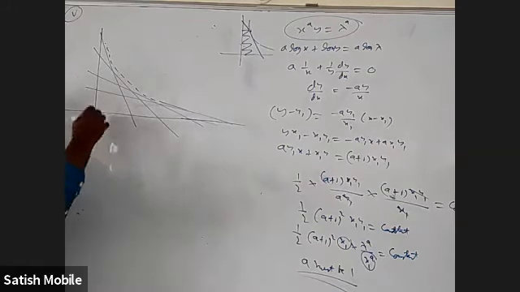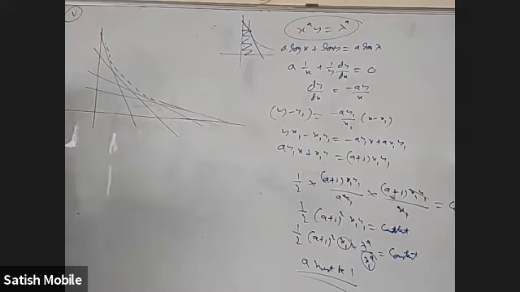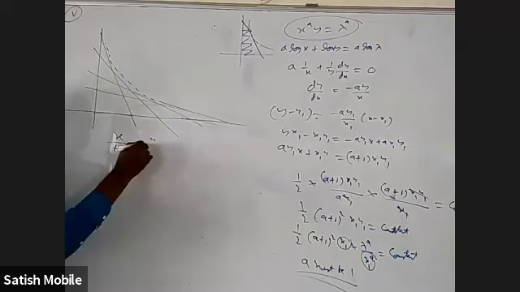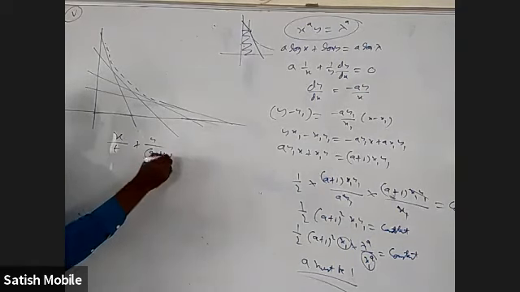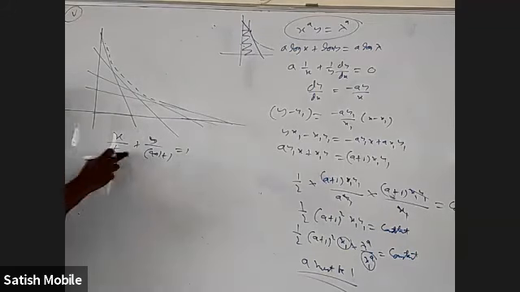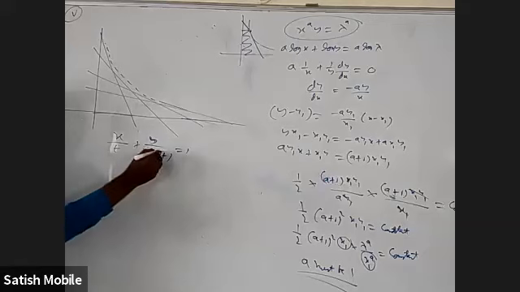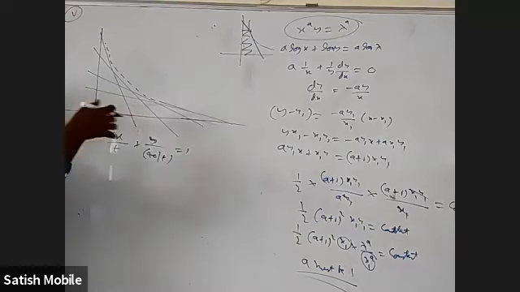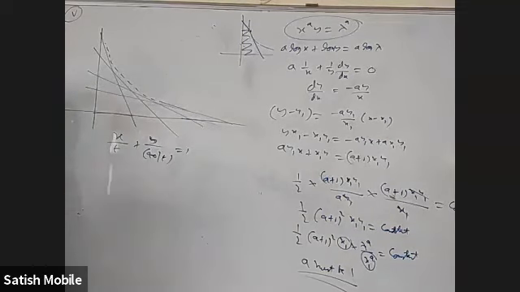How to do it? I want this area to be 20. So the x-intercept and y-intercept product should be 40. So I'm going to take x by t plus y by (40 by t) equal to 1. Whatever t you take, will this line make area 20 units with the coordinate axes? Half into x-intercept into y-intercept is 20 because t will get cancelled. 40 by t I'm writing here. As you change t, you'll get different lines, but all of them will make the same area.